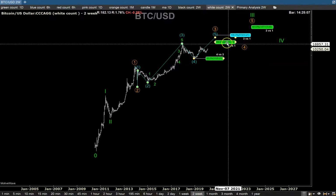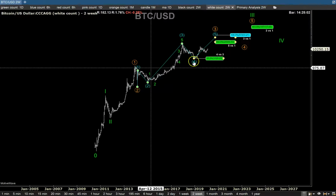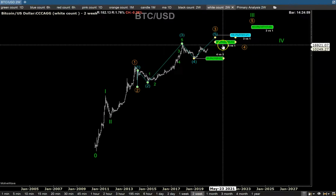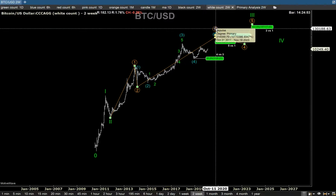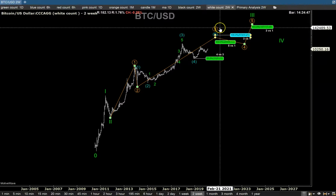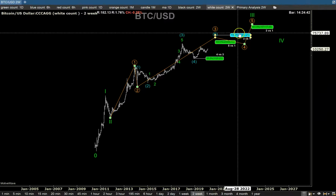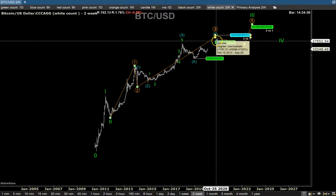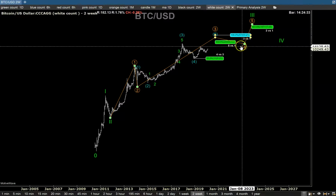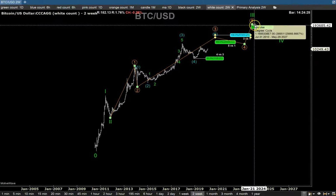Now for this one, you would see up here, to reach equality 5 versus 1, so this 5 wave blue compared with this 1 wave blue would reach equality at about 24,000. That would be for me a minimal expectation for this fifth wave, right? So still bullish into the highs, but that could create a completion of this wave 3 orange, okay. And if you look at this wave 3 orange, 100% distance traveled in this 3 orange compared with 5 orange comes at about 57,000. So anywhere between 24 and 57,000 for a third wave orange should be pretty fine, and then pull back in a fourth wave orange, and then go back up higher in a wave 5 towards 200,000,